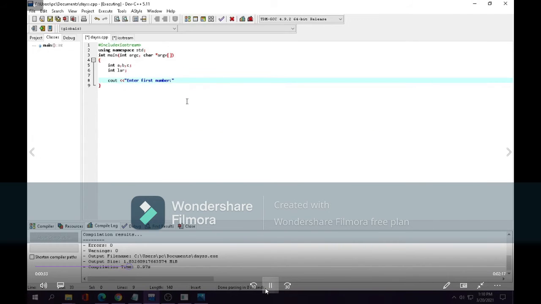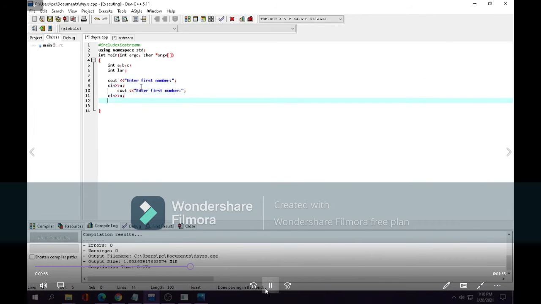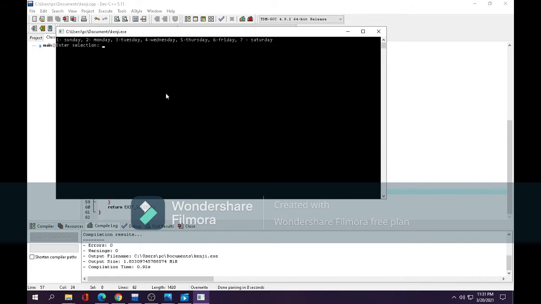I'm gonna set the first number as A, and then I'm just going to copy the first, and then change what we need to change. I'm gonna set second number as B, and then the third number as C. Then if I'm going to enter another value, for example for D,